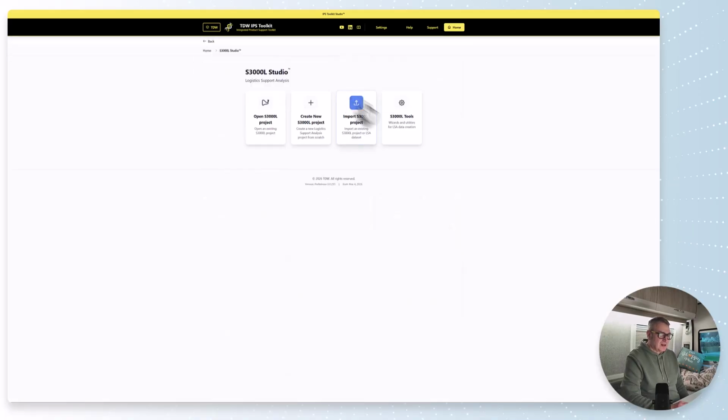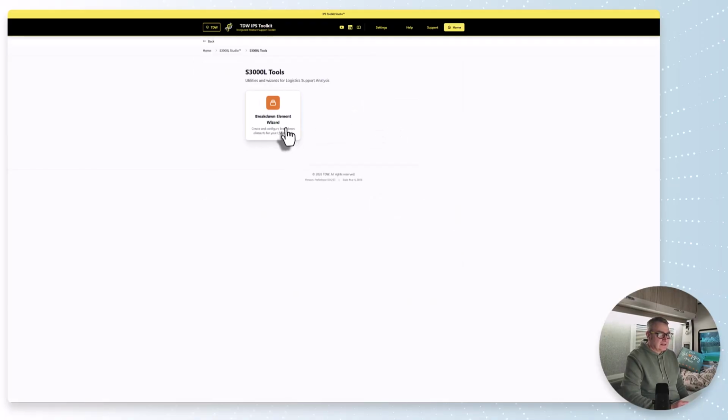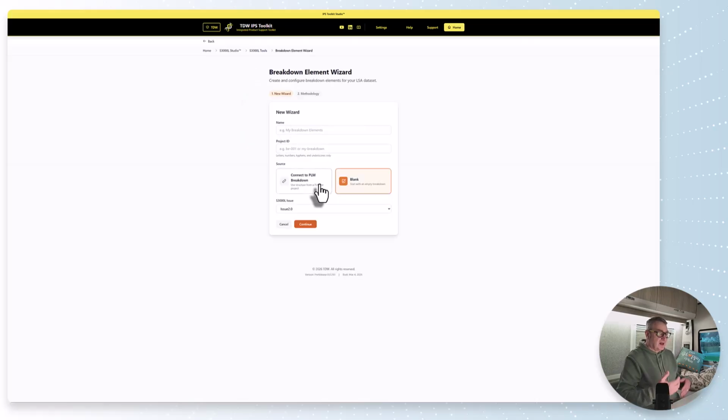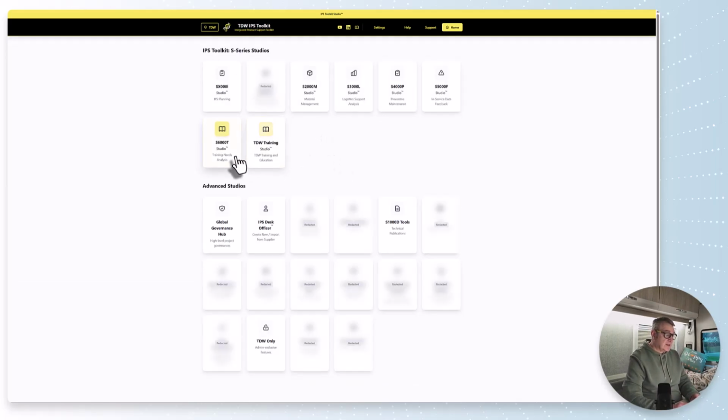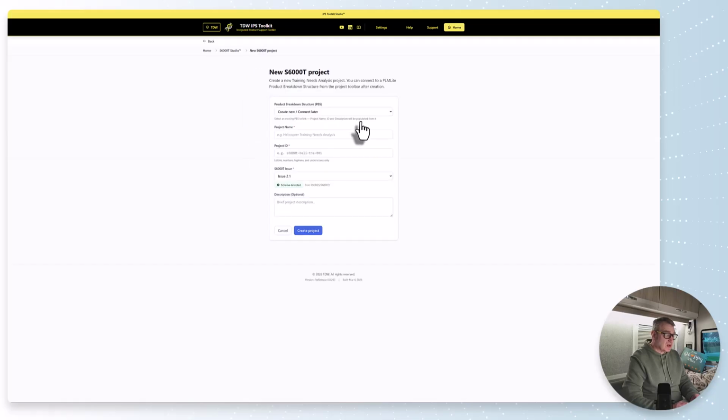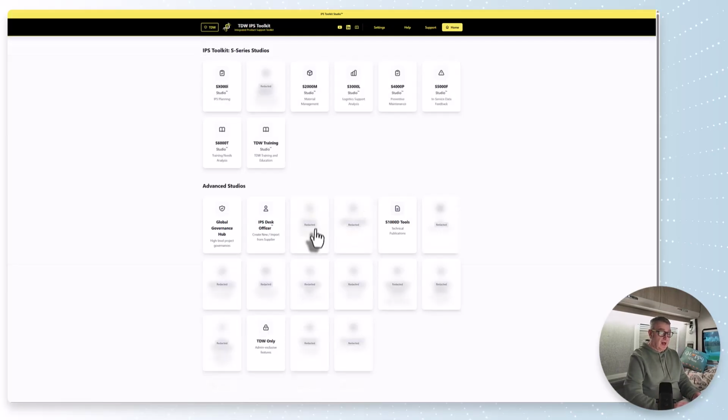I don't know if I showed you 3000L, and how we work with our 3000L tooling, and how we work down with things like breakdown element wizards. 6000T, again, I'm not sure there's anything in here yet, so it will ask me. You can probably take a guess now at what's inside here, but behind here we've got the ability to import and export